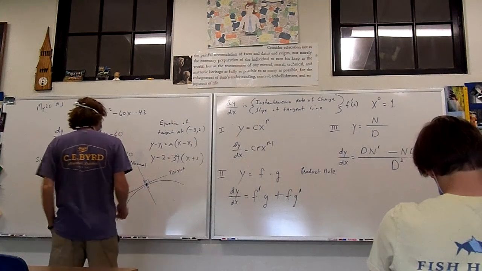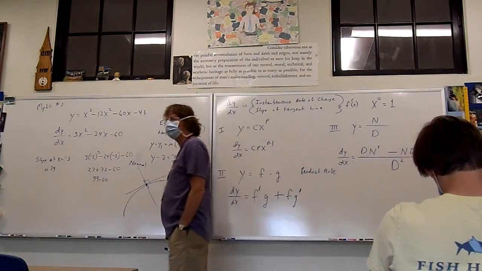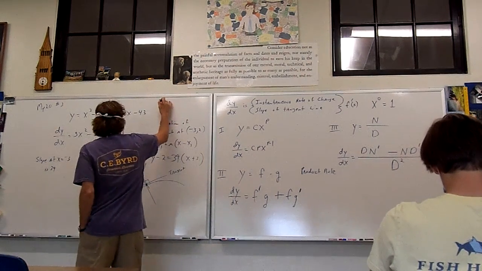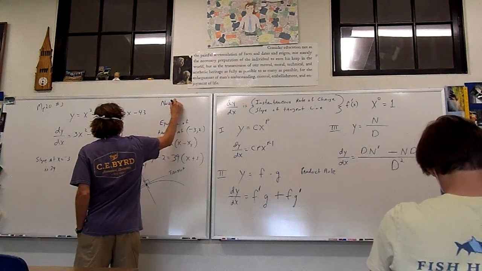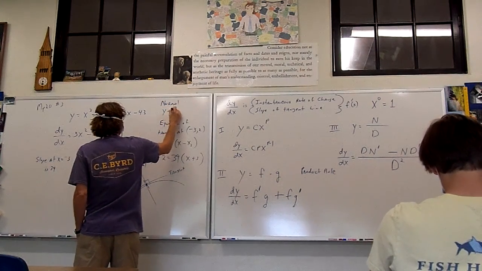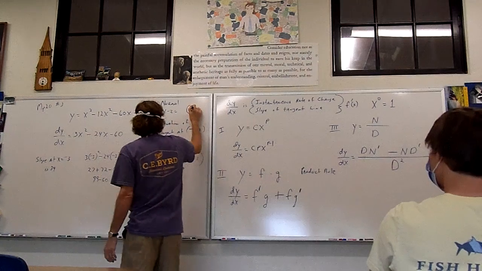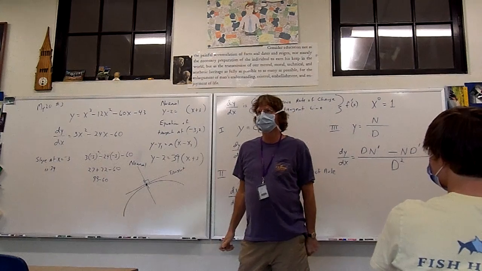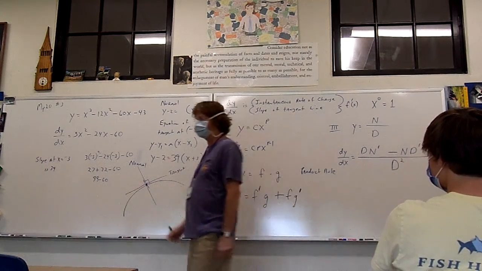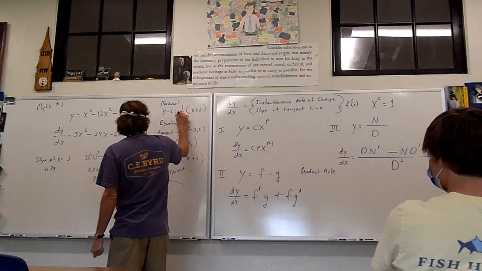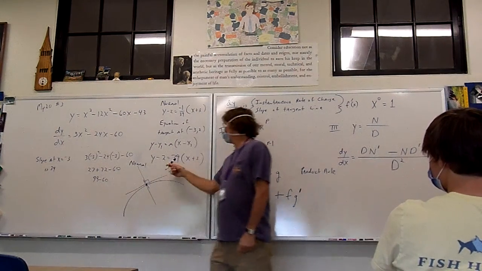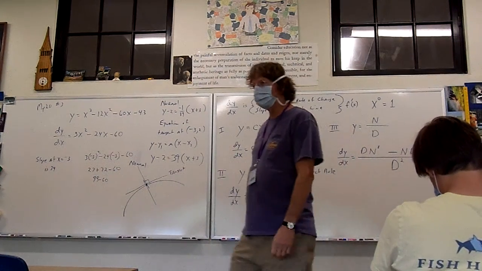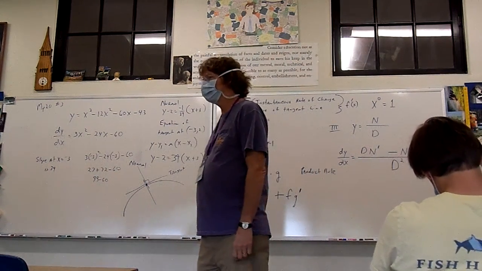So if I were to ask you to write an equation for this normal line, would it be pretty easy to do? Yeah. Here's the normal equation. Normal. Y minus 2 equals blank x plus 3. And what goes in that blank? Negative 1 over 39, because it's what? Perpendicular. So if you know the tangent slope, the perpendicular slope gives you the what? Normal line. Okay? Notice we're reviewing some